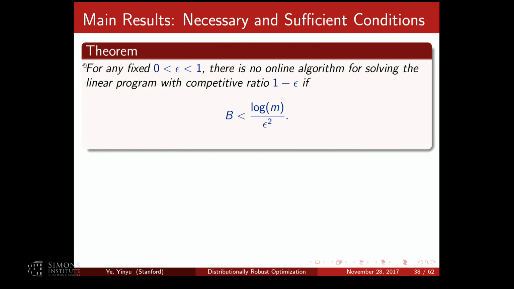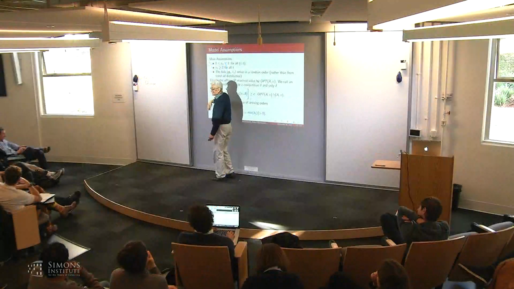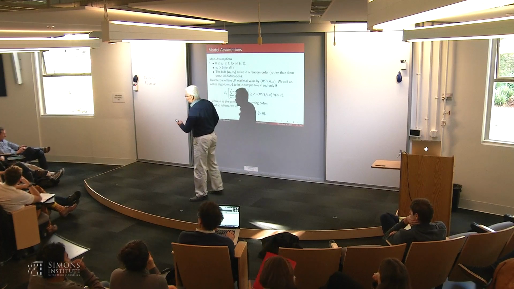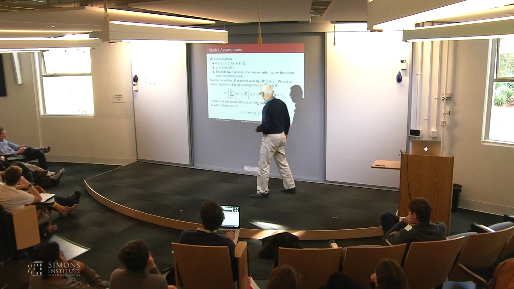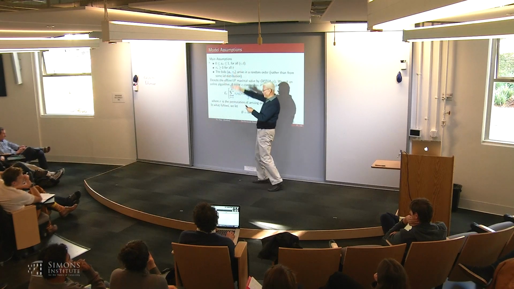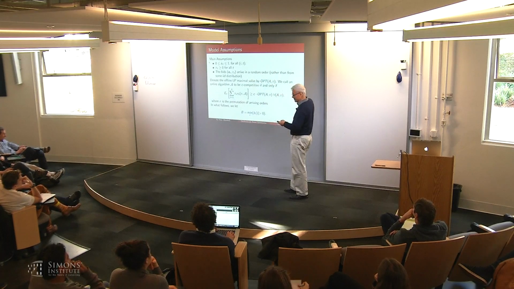So here's the theorem. Question. Yes. You can scale the B_i every time, so the minimum is just a matter of what measure you use. But here, this A is already normalized in some sense. B_i is not normalized. That's a good question. Here we assume the largest number in A is 1, so each row is already scaled.